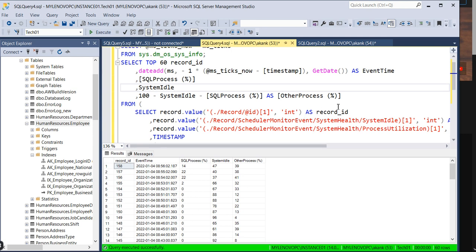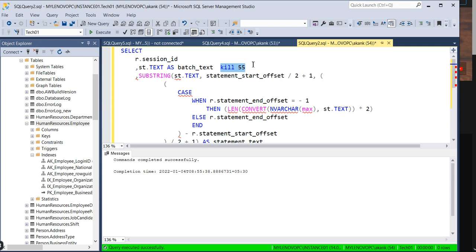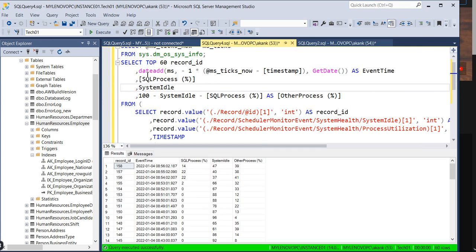If any load suddenly started from the developer side and is consuming high CPU, and your server is stuck and you cannot do anything, then in that case you can kill the session, but that also needs approval and is not a good deal. You need to discuss with the application team. If the same query is hit again and again and causing the CPU load, then definitely the query needs tuning. I will give you these 3 queries in the description.